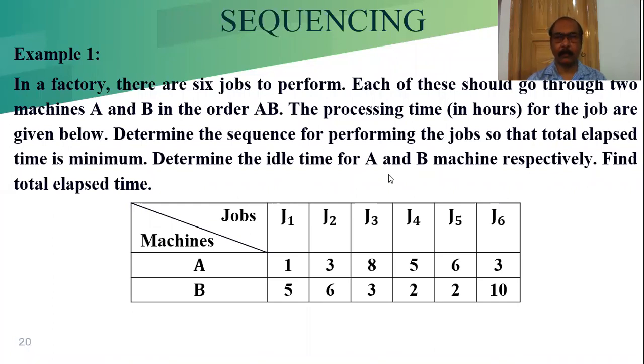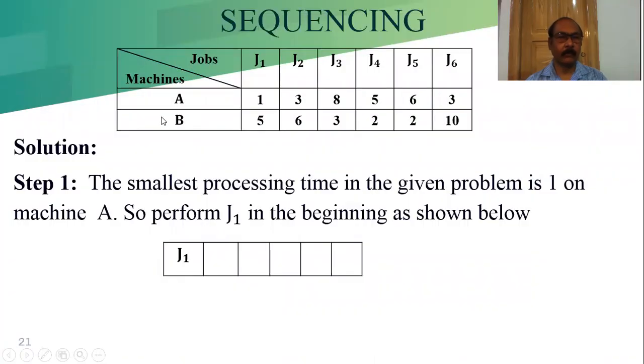So this is the problem which is given. The jobs are given, there are 2 machines, and the respective time schedule is given. This is the scheduling. From that, you have to start the solution by using Johnson's algorithm. Whatever we learned, that we have to apply. Solution. This is the table we are keeping at the top, because with the help of this we have to make the schedule by using our algorithm steps.